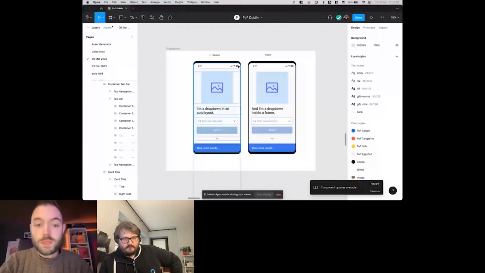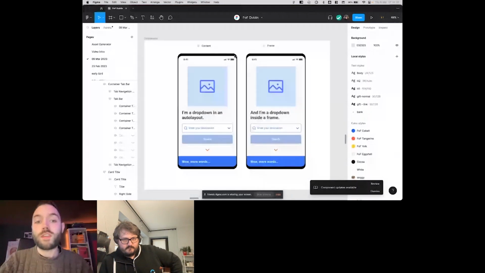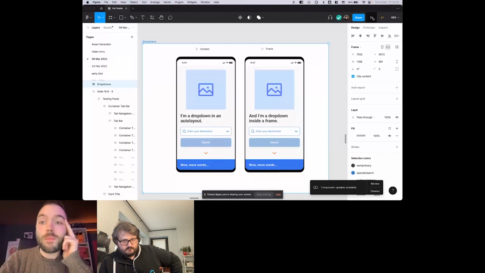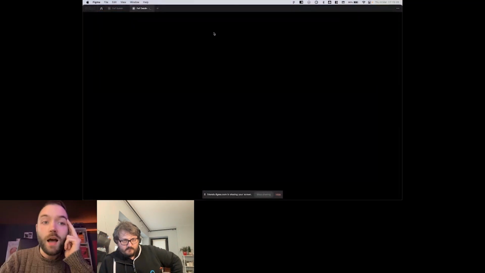So for example, here's how we might use a frame instead of an auto layout. So in this example, drop down. And the problem with a pure auto layout, and you put everything inside an auto layout,